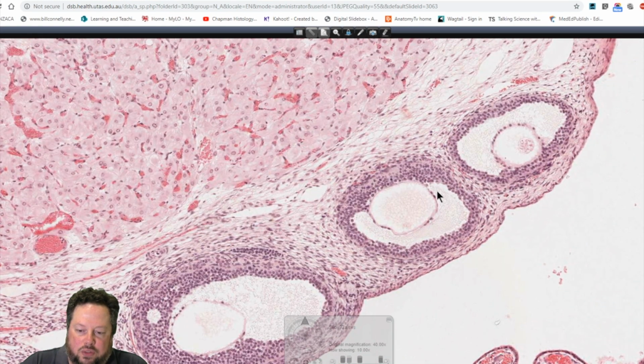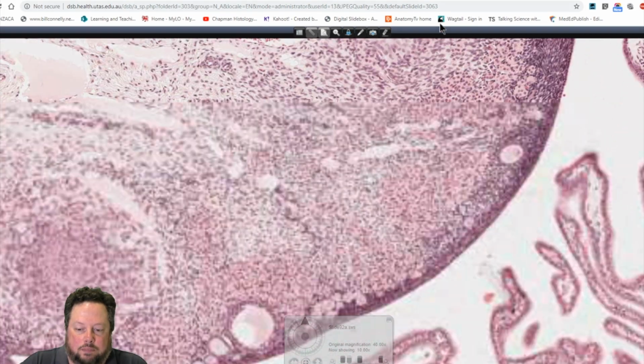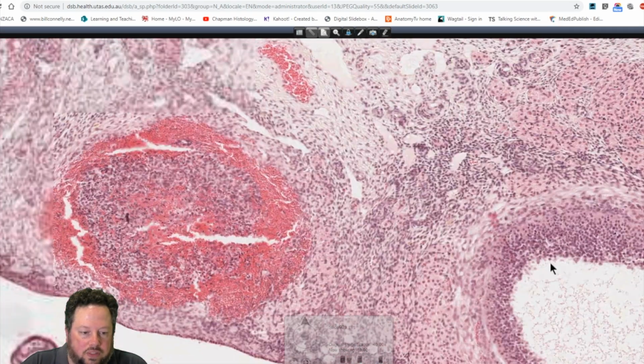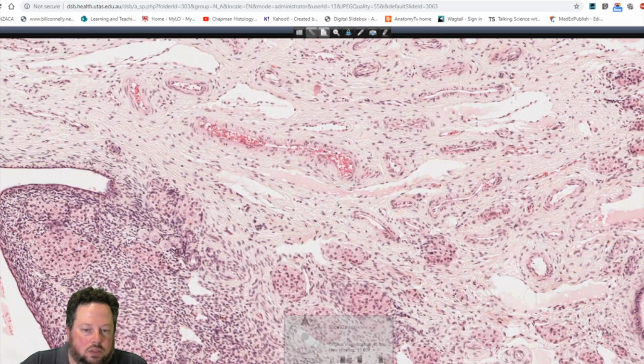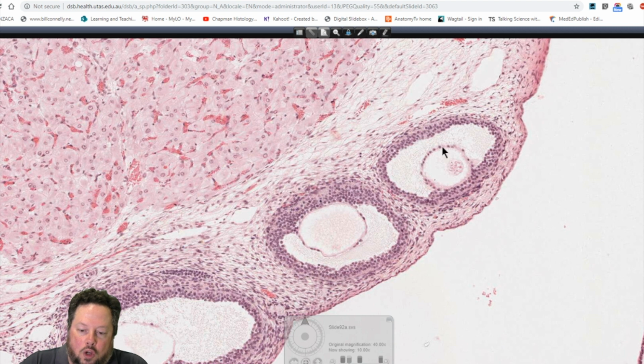All right, so we can sort of get a little bit of an impression here. It's a little bit disrupted. It doesn't look particularly nice, these follicles over here, but I'm just zooming around. So the follicles then begin to secrete fluid, and eventually that fluid, which is known as follicular fluid, eventually